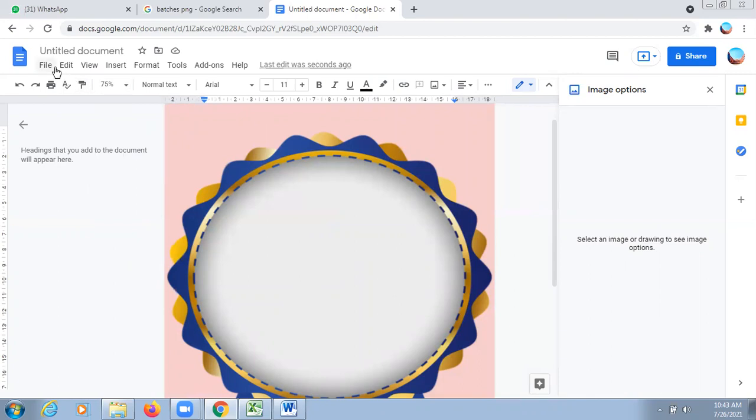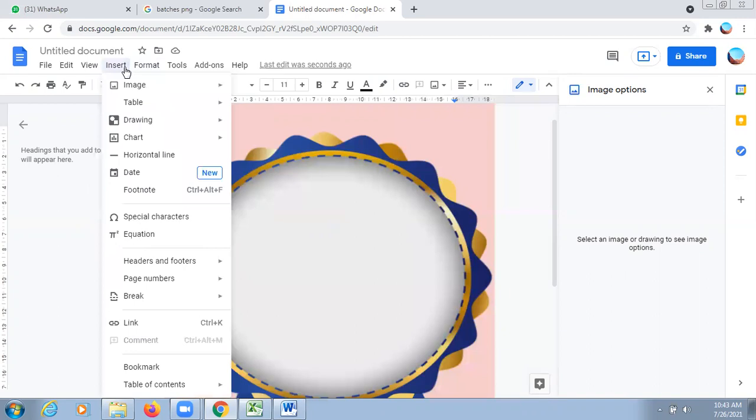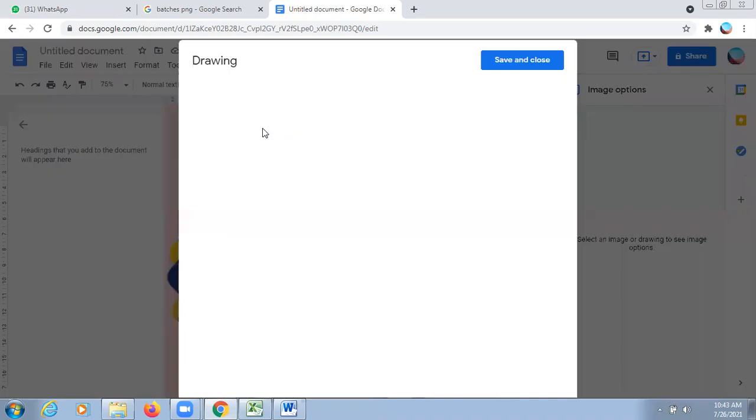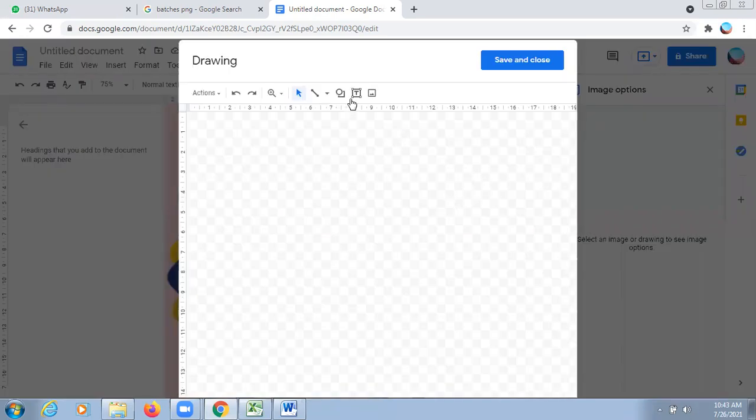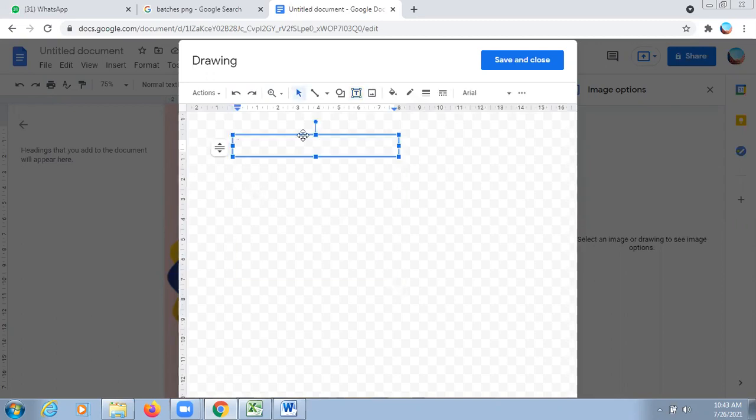Right. So go to the insert tab, choose drawing. The menus in this will all be the same as in Word, but finding them will be a little difficult, their location will be different. So we will go to drawings, go to new, and now here we will take a text box and draw it like this. Now I wanted to display everything in the center, so I'll choose center line and write your content.